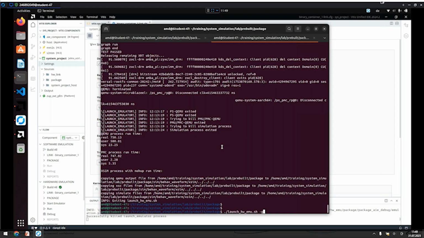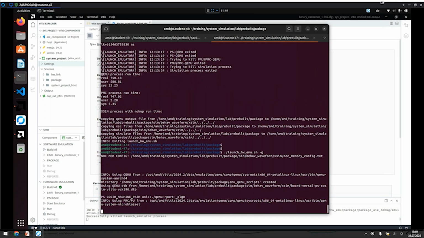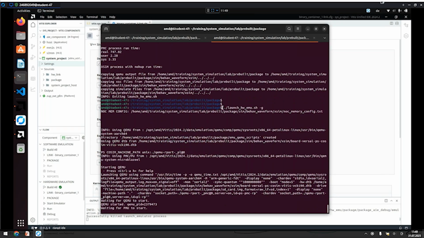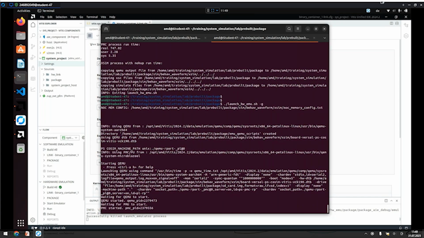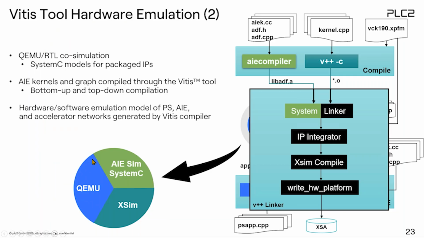So when you create these items, you will also get these kind of startup scripts created behind the backbone. So basically what I'm doing here, I'm just starting up the hardware emulation of this complete project, which consists of all of these items that we saw before. It will start the QEMU to ramp up the systems, because these adaptive SoCs will always start from the PS part, always start from the CPU. So the very first steps that you do in your design will go through the CPUs. And this is why QEMU is the central hook point for these kind of